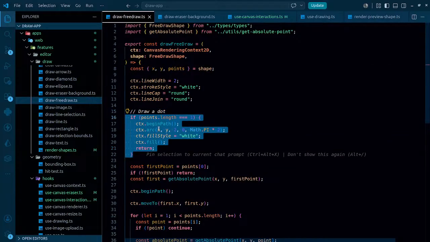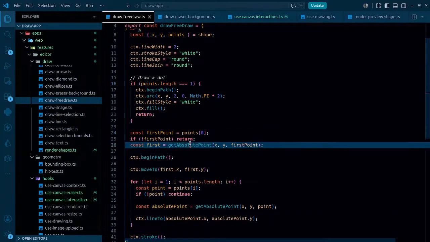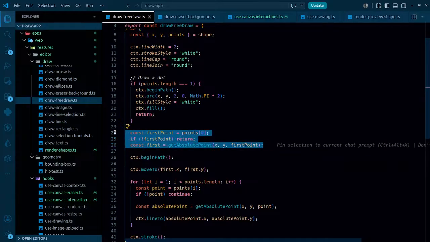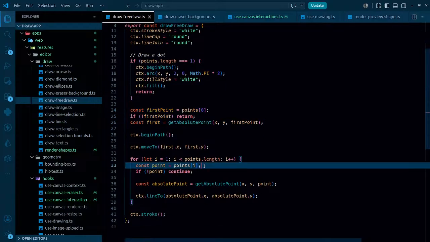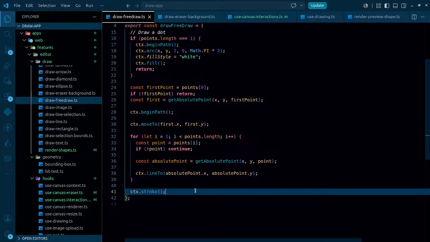This is mainly for the dot, and get absolute point. Of course, we got the first absolute point, and then we started looping. We kept getting the absolute point, we kept drawing, so it is working. So ultimately absolute points are being used in here, and as we draw,